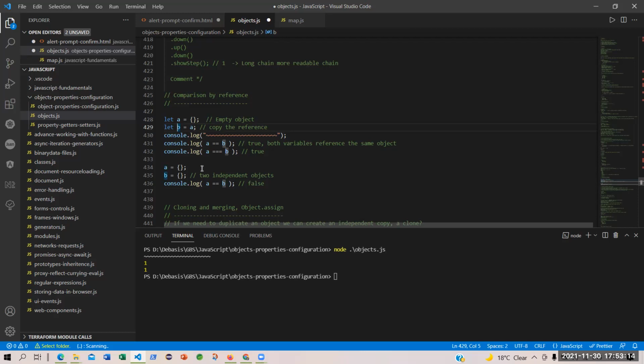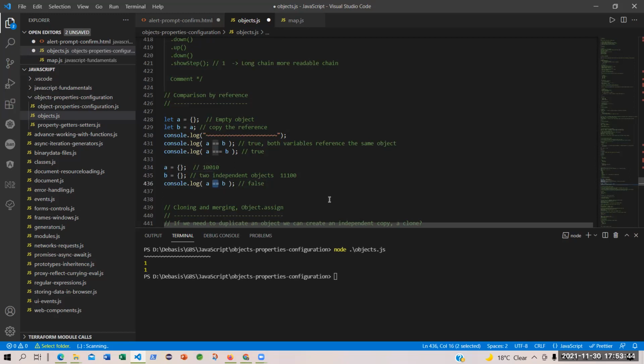But here the memory address of A, let's say, is 10010. Let's say I'm just giving a binary form of a number. And here this one is 11100. Because they cannot be created on the same memory address, they are two different objects.